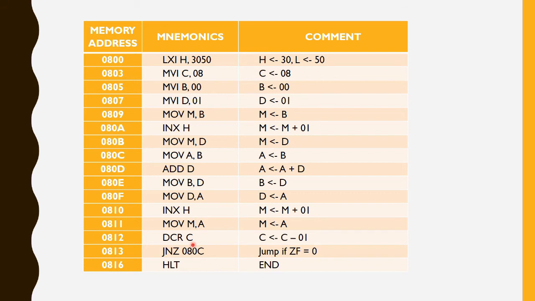C is nothing but our counter of 8 numbers, and we have to repeat these particular instructions. We have to do this continuously until the value of C becomes equal to 0. So each time the memory will be incremented and it will store 1, thereafter 2, thereafter 3, and so on, the series up to 22, and thereafter we have to halt the program.